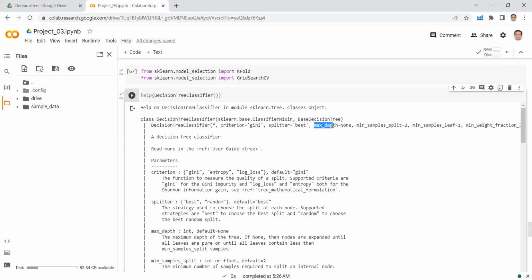And the other is maximum depth. Here the maximum depth by default is none. That's why it allows the tree to grow to infinite depth. That's why it has entered into the overfit condition. So we are going to use these important parameters: the criteria, the maximum depth, and